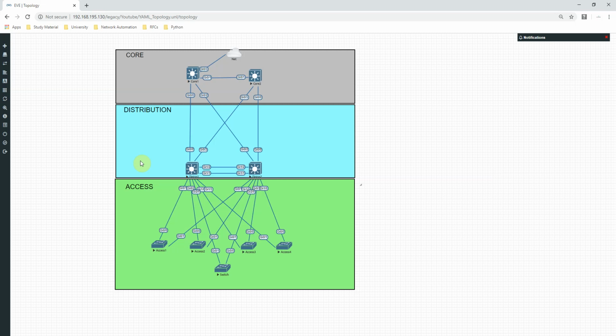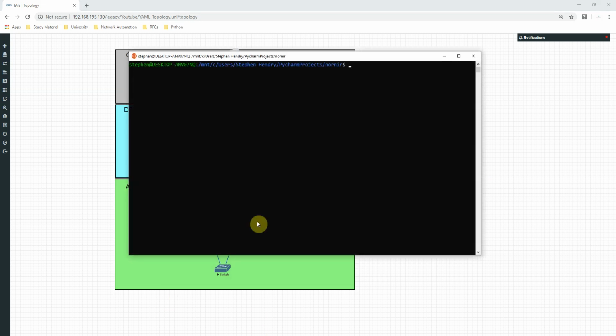Okay, so let's have a look at Nornir in a little bit more depth. First of all, it requires a few files in order to do what it does. Now, those are YAML files. We've covered off YAML previously. You should be familiar with YAML now, and if not, don't worry, it's really easy to get to grips with. But specifically, Nornir requires a few YAML files. Now, the first one we're going to look at is the hosts.yaml file. Okay, now